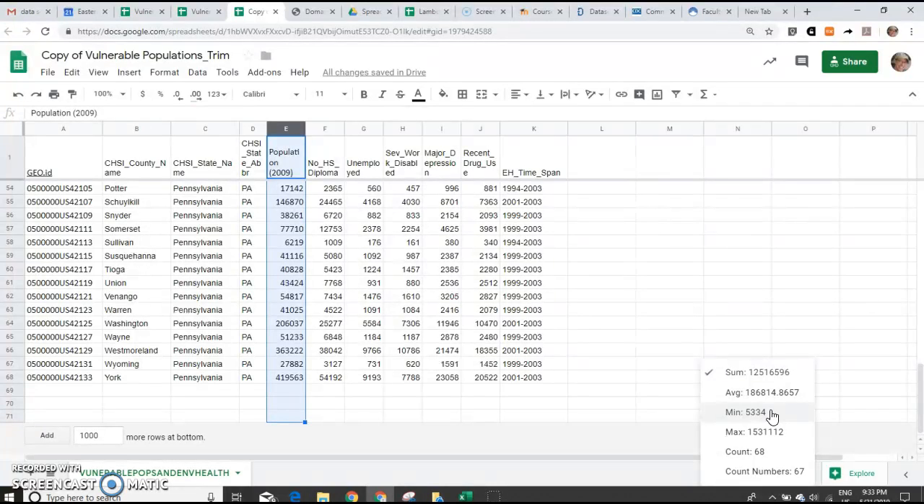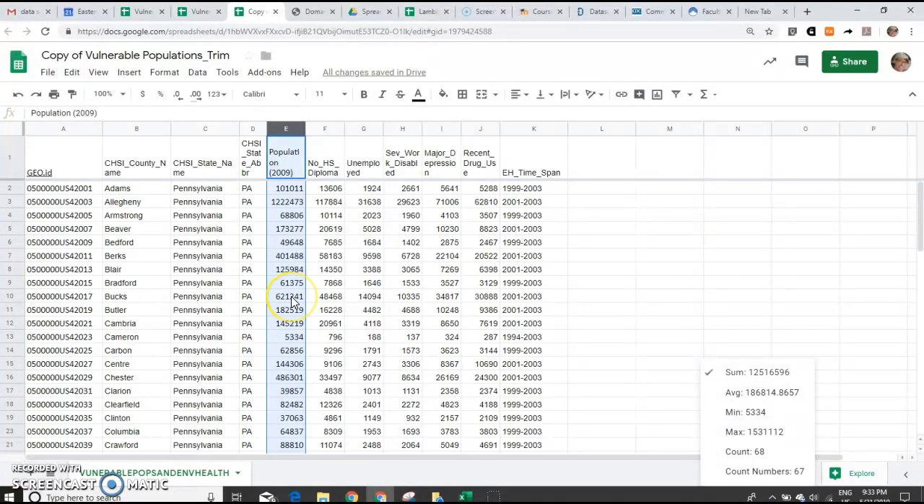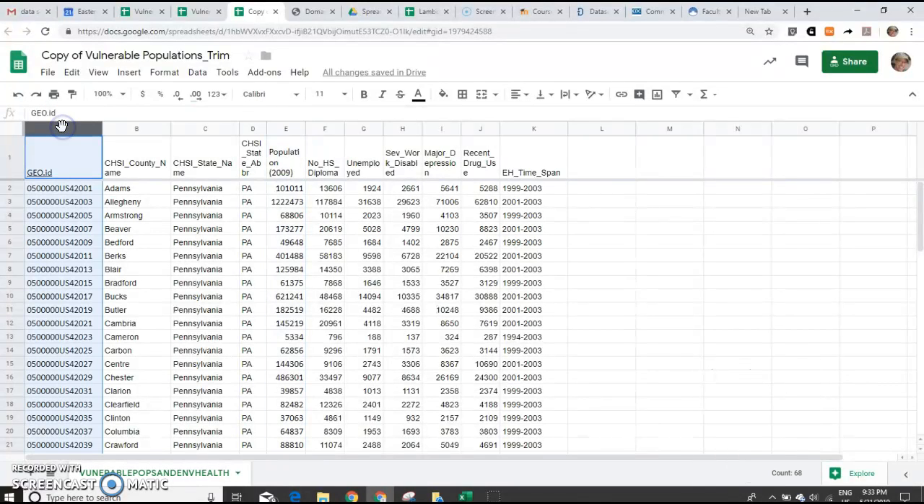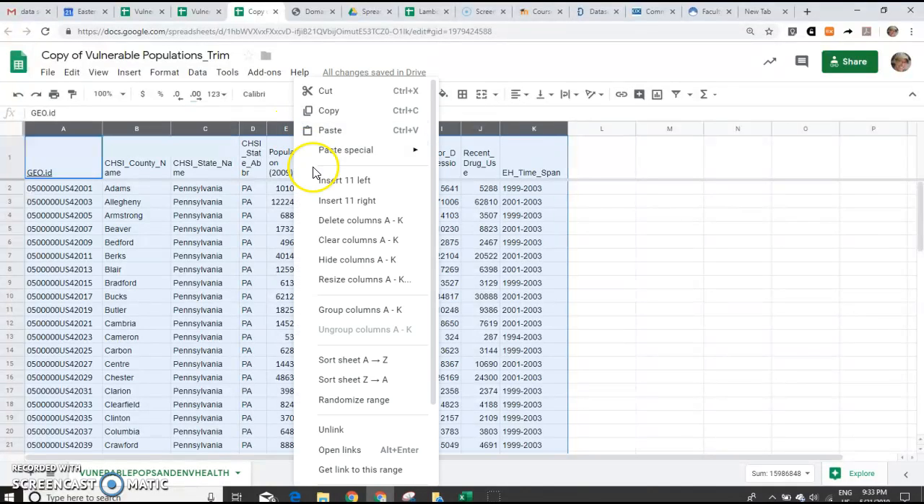Out of all those numbers, there's some county in Pennsylvania that only has 5,334. And I could scroll down, and actually I did find it here, Cameron, Pennsylvania. But let's say I didn't want to scroll down. If I click on the A and then hold down the shift key on your computer and press the K here, and then I hover over this E, I can sort